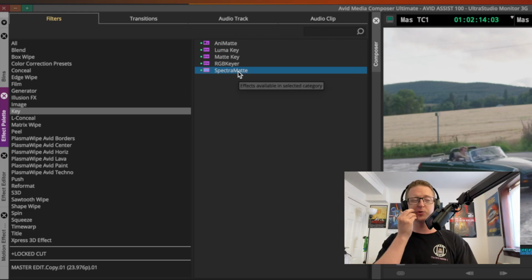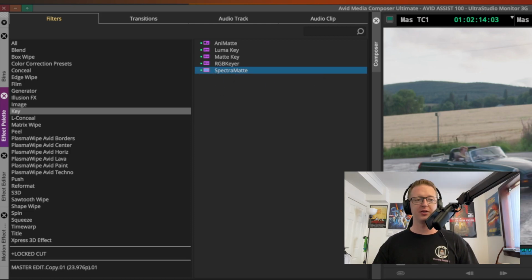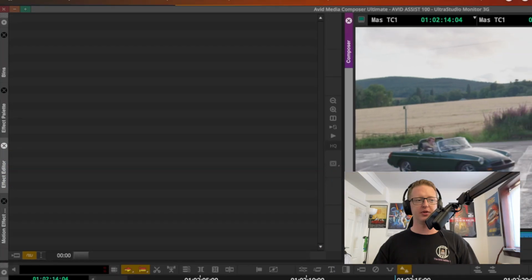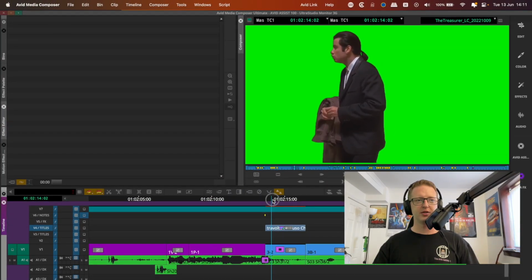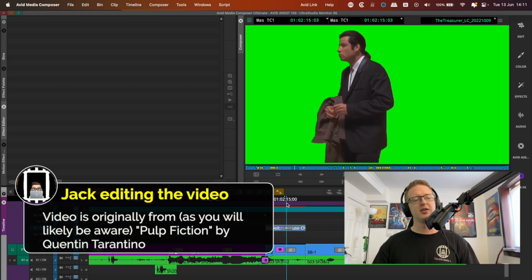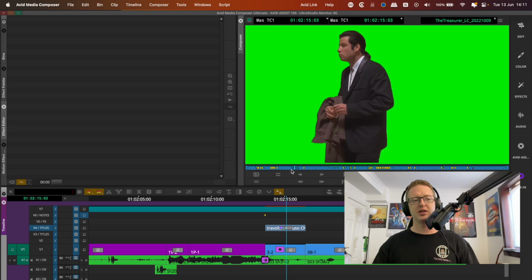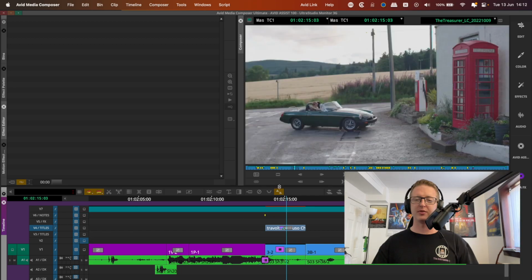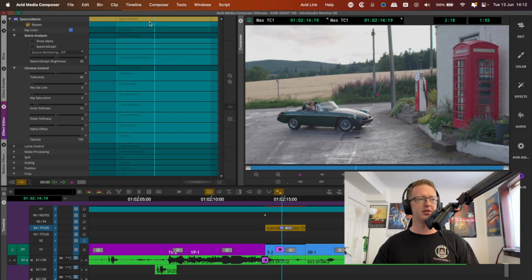And this is what I'd use as my go-to keyer for any kind of green screen stuff or something like that, where I'll drag and drop it onto my clip. I've got everybody's favorite John Travolta confused green screen here that we've all seen a million times. And I'm just going to key out the green and just slap over a wide shot in the middle of this short film. Opening this up in the effect editor, the first thing you're always going to want to do